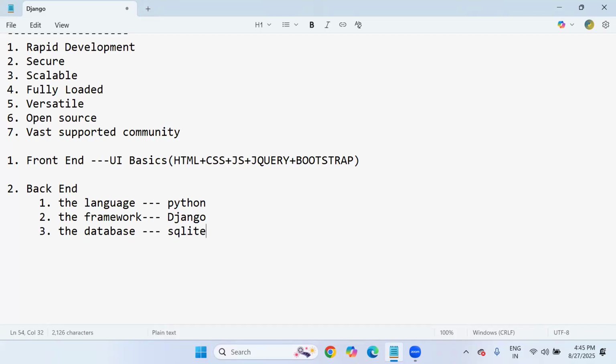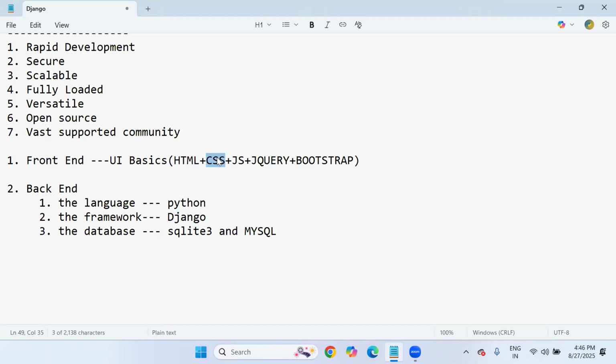SQLite 3, which is an integral part of the Django framework, and also MySQL I'm going to use. So in back-end development, the programming language must be used, the Django framework, and SQLite 3 and MySQL. These are all back-end things. In front-end development, we will focus only on user interface basics.